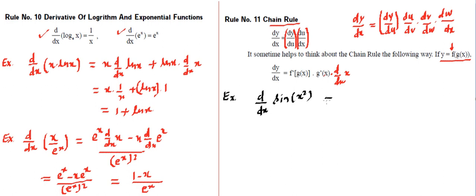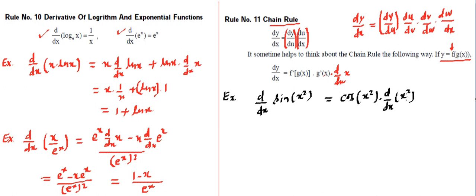As per the rule, we will differentiate the outside function. The outside function will become cos, since sine's differentiation becomes cos, as we have learned. And whatever is inside, we need to place inside. But we will not say this is complete. The chain rule still has to be applied. Then we need to multiply with the differentiation of the function which was inside, that is x square.